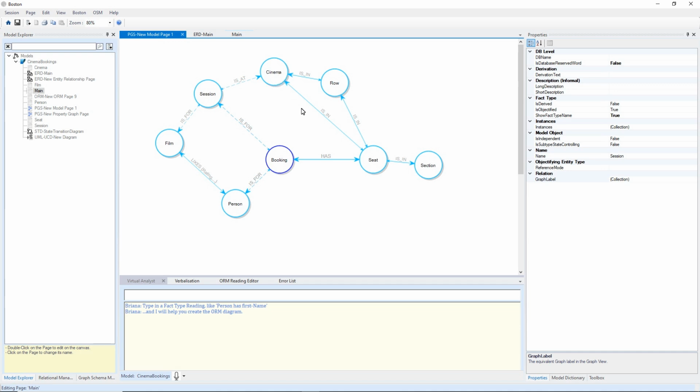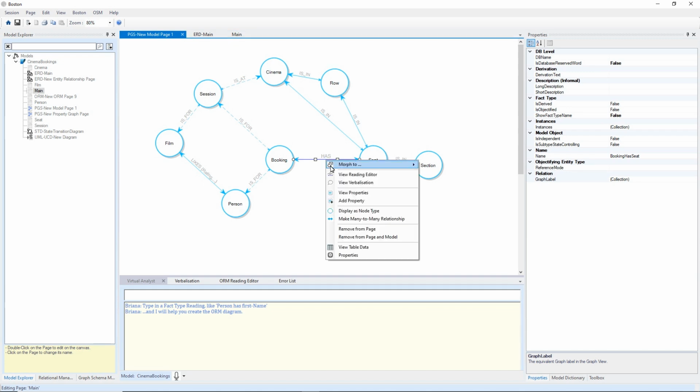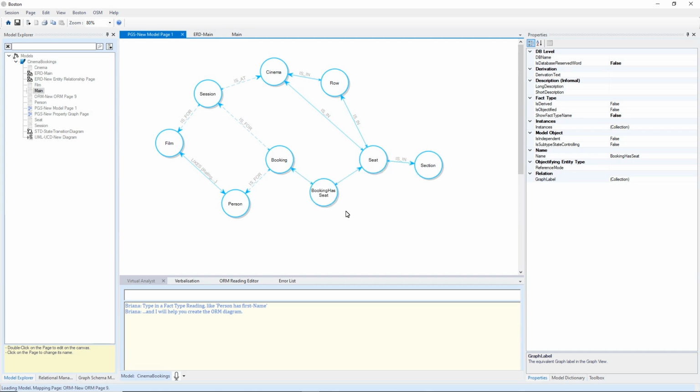So that's the concept of what I call a relationship node, most visible where there aren't multiple edge types joined to it, as in this booking and seat, where we can display that as a node type,